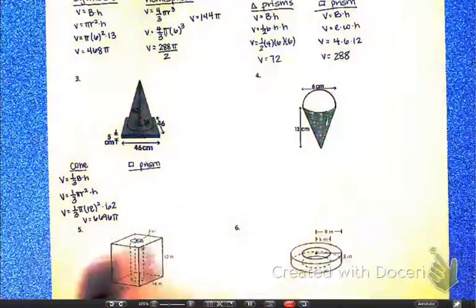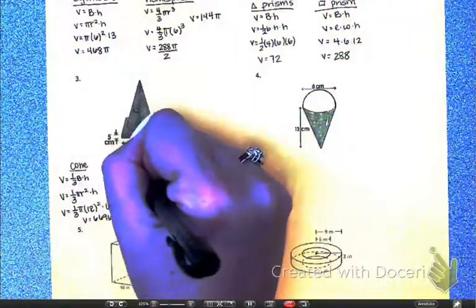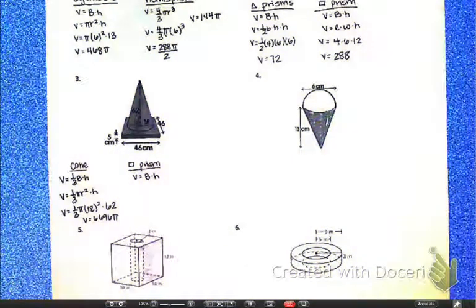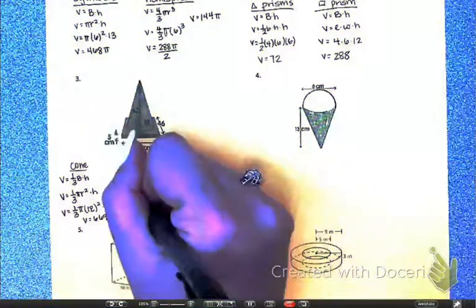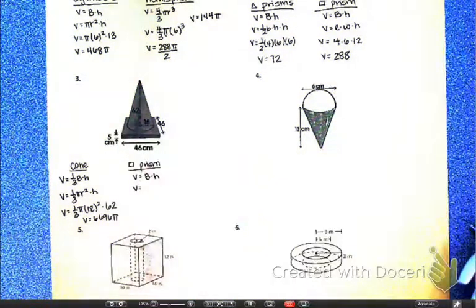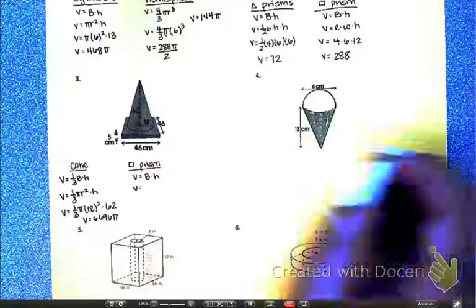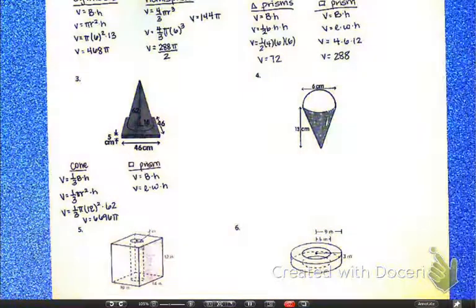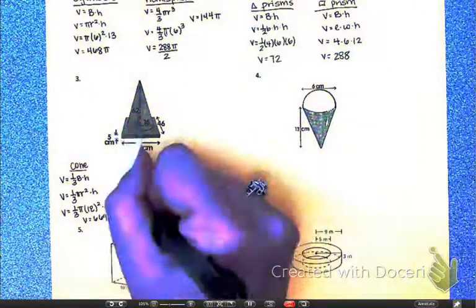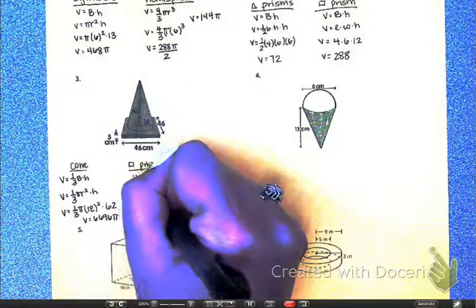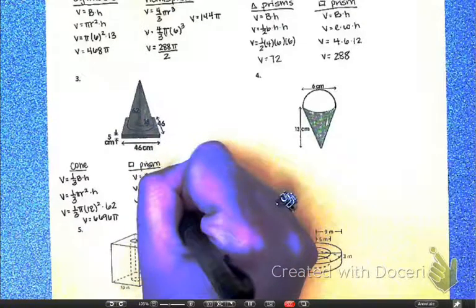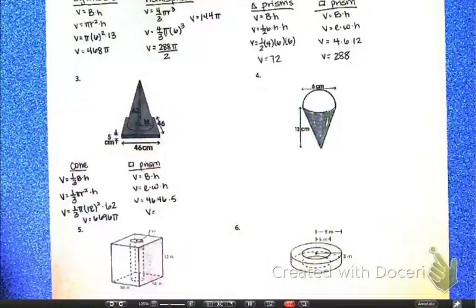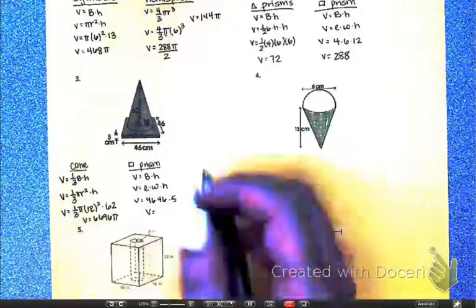I'm going to work on my prism. Volume of a prism is base area times height. What's the shape of the base? A rectangle, so I'm replacing B with what? Length times width. What is the length and the width of that prism? Okay, so 46 and 46. What's the height of the prism? 5. 46 times 46 times 5 gives me